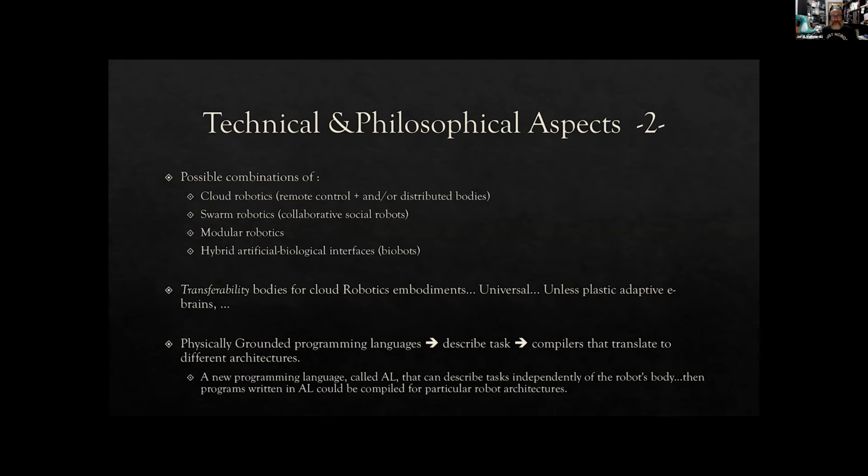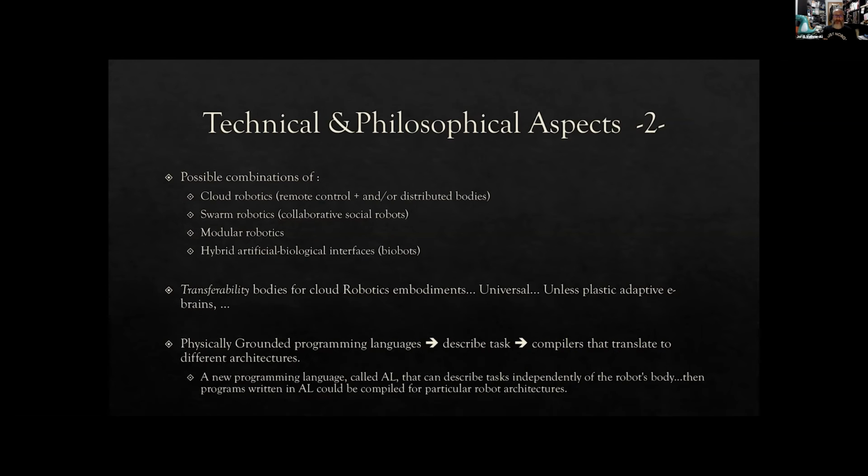For example, we have at this moment cloud robotics, in which we can remotely control normal bodies or distributed bodies. We have swarm robotics, in which we can have social robots producing collaborative processes. We have modular robotics, and we have even hybrid artificial-biological interfaces like biobots or humans with upgraded capabilities. So these things can be combined to produce new kinds of